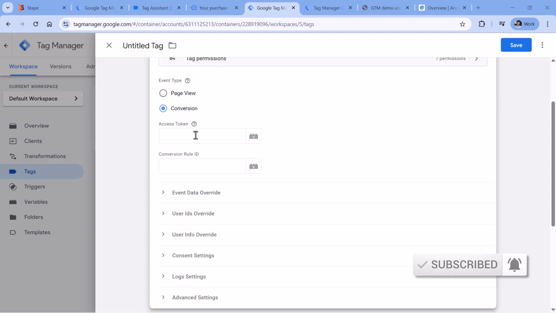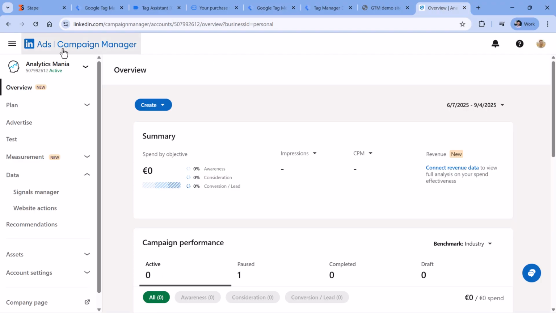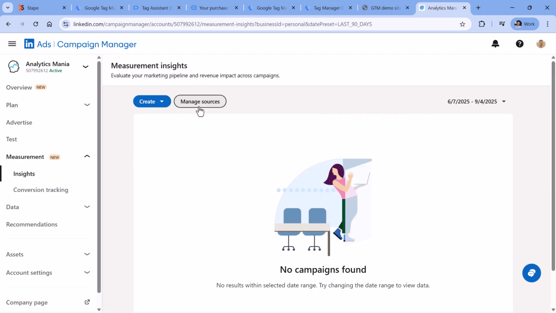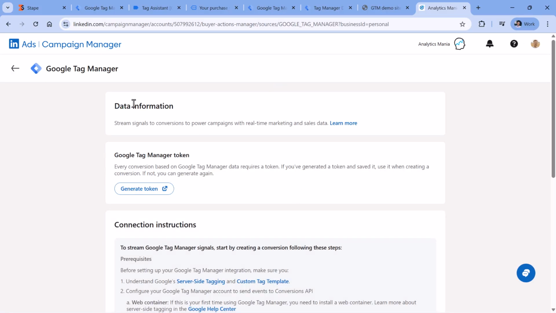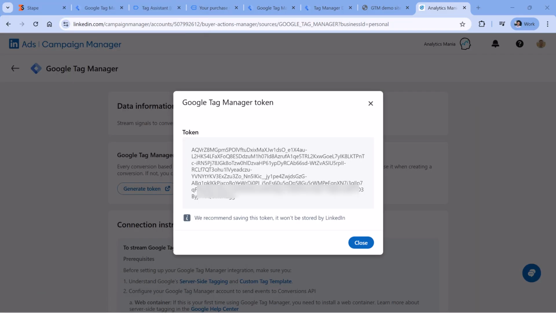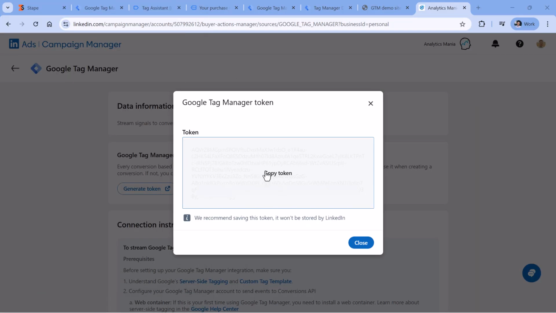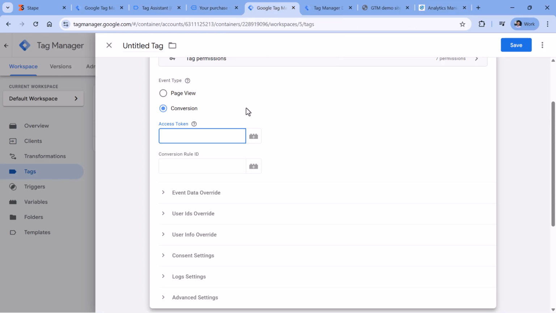You can get access token by going to LinkedIn Campaign Manager, then go to measurement and then insights. Here click manage sources and then select Google Tag Manager. Here you will be asked to generate a token. Click here and then you will get that token. Click to copy and then go to your server container, and you can either paste this token directly, or if